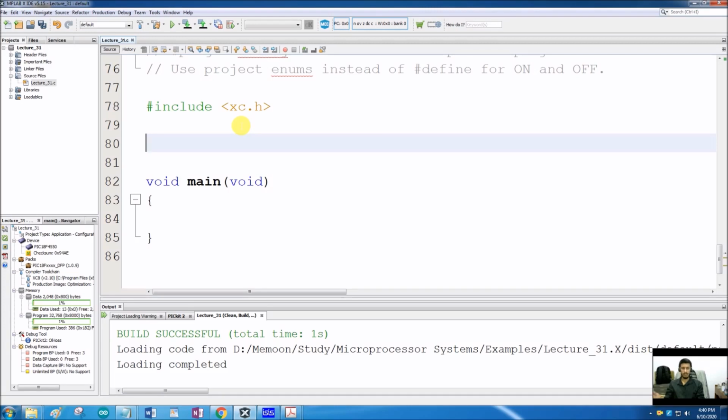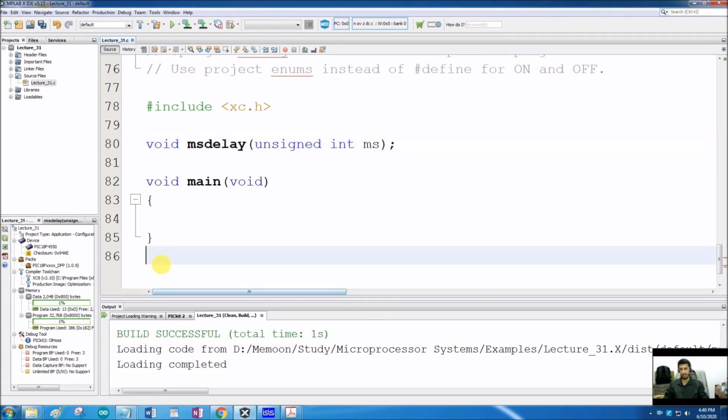If I want to send only one character, I don't need a delay. But if I want to send multiple characters, I am going to generate some delay between each of those characters so that they keep displaying one by one on that virtual port. So for that, let's include a delay subroutine. I am going to copy the delay subroutine from my previous code, a conventional for loop based delay subroutine.